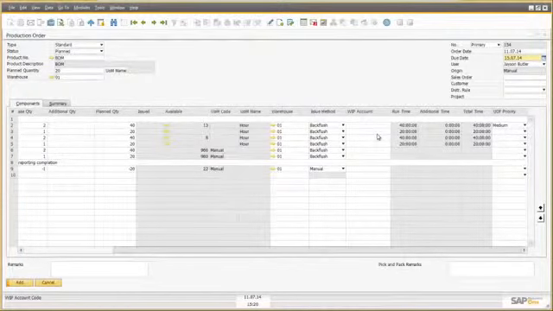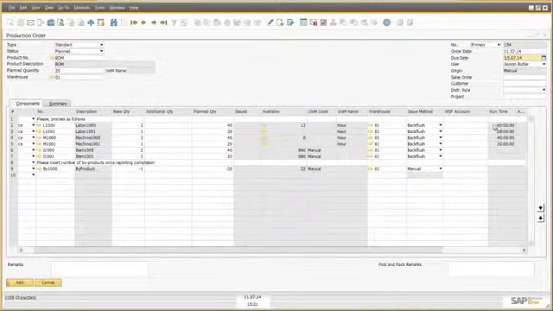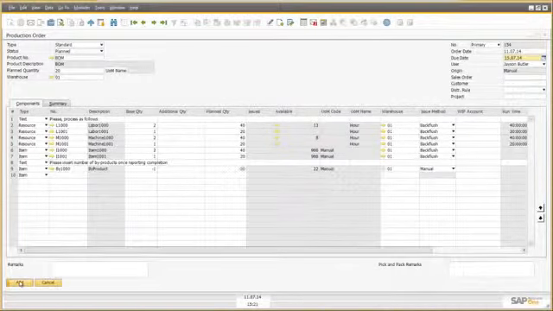We can change it here, and we see the runtimes. Runtime for the planned ones and runtime for additional times. This comes of course as well from resource master data, from the times that we have defined. And as well the UDF, the value that we defined in a bill of materials, is here. Let's add this one,